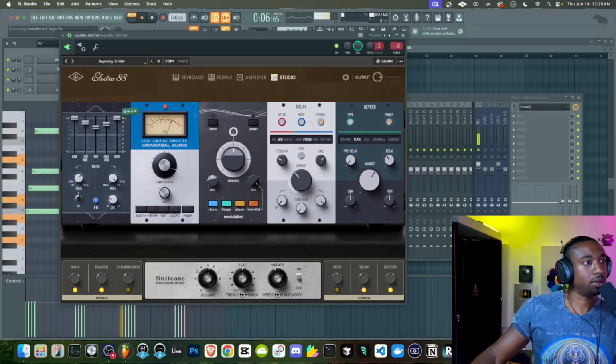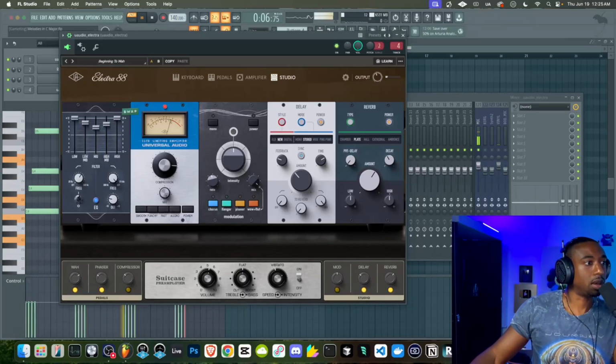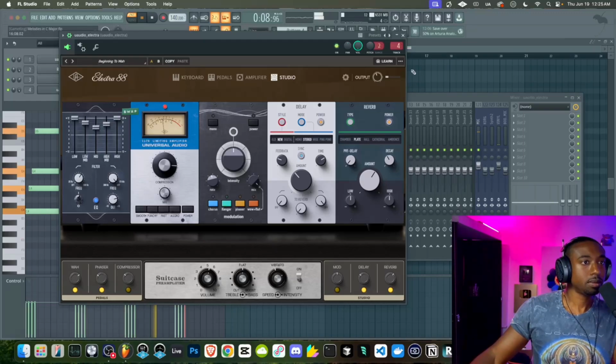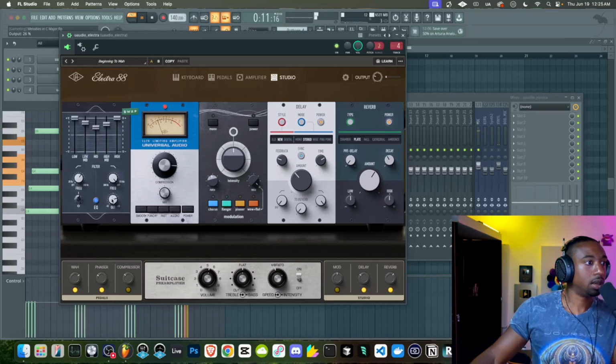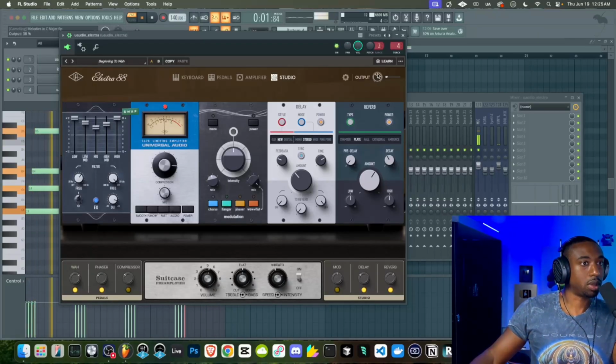Because the compression's so heavy, you know what we could do? Never mind. Let's use the output gain here. So I'm turning down the output gain and cranking the EQ into the compression so it grabs on the sound more for more detail.